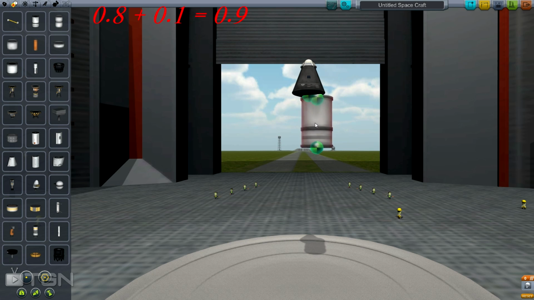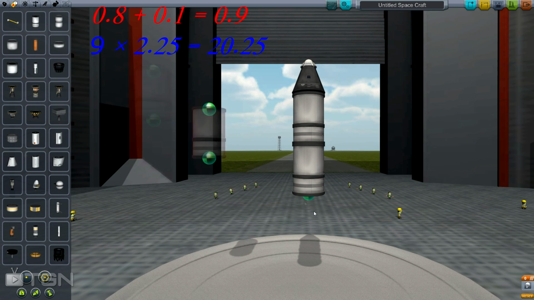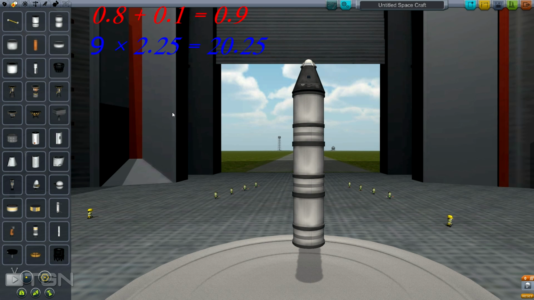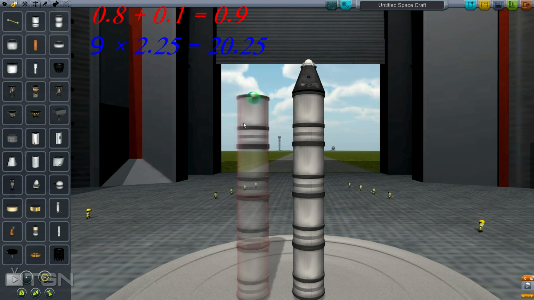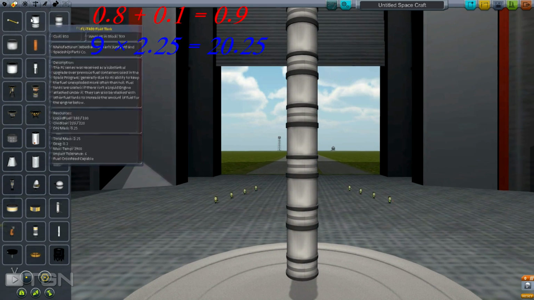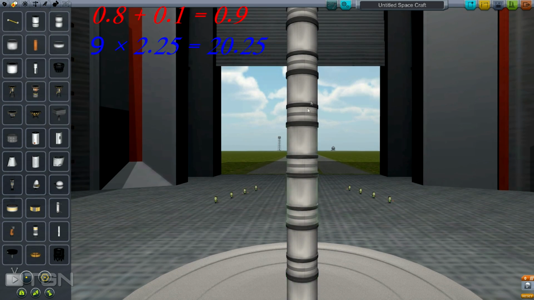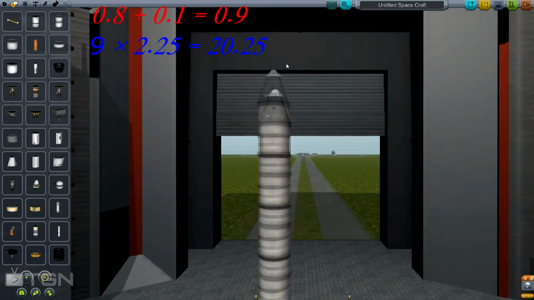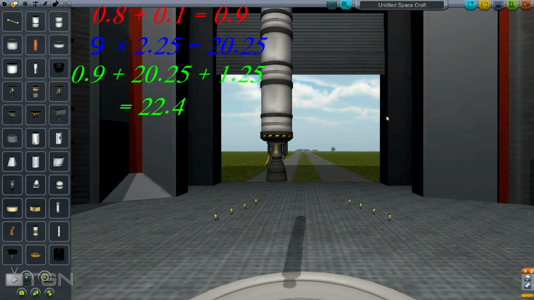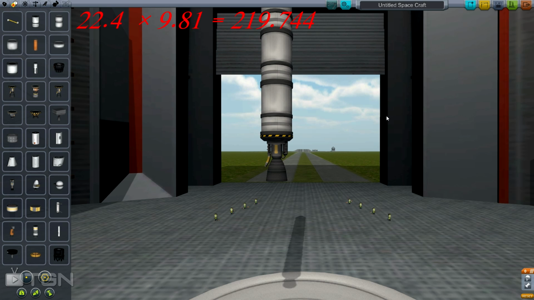Now if we get 9 of these, 1, 2, 3, 4, 8, 9, and we add onto it a non-vectoring liquid fuel engine, which will bring the mass up to a total of 22.4,